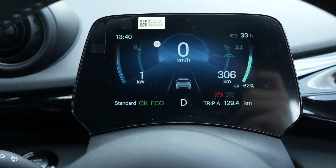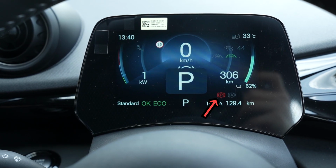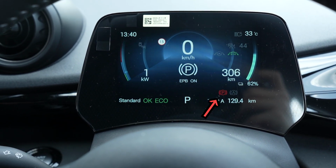Cars in general nowadays are controlled by sophisticated software, ranging from cruise control to your lane detection, all of that stuff. They're all controlled by software. And a lot of things are also automated for us. For example, automatically engaging your handbrake when you enter parking mode and whatnot, those are all controlled by